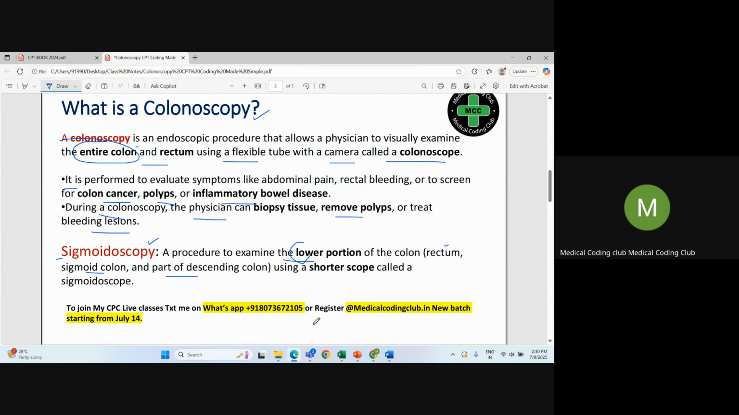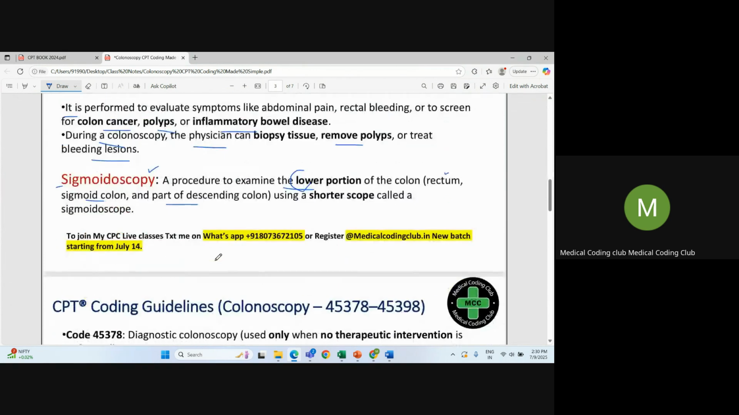Say, for example, if they are removing a colon polyp from the region of the sigmoid colon, that means the lower portion, then we code it with sigmoidoscopy. We cannot code from the therapeutic colonoscopy procedures. Instead, we code from sigmoidoscopy. This clear picture is discussed in the decision tree. So next,